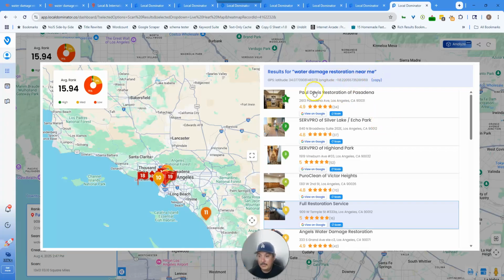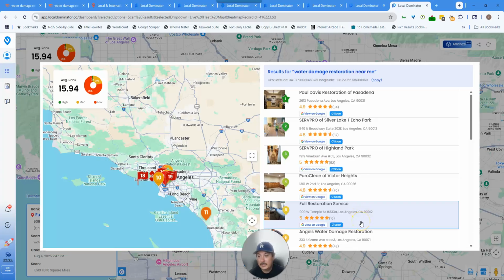So one thing that we can tell is we have Paul Davis Restoration of Pasadena. Okay, so restoration here, water damage restoration. So you don't necessarily need to have the keyword water damage restoration or water damage in the title of your GBP to rank here. But what do we see here, right? We see 34, 37, 52, 70, 16. So everybody ranking above him not necessarily has better overall ratings, but they have more reviews than this company does, right? So that's one thing that you'll notice here is they probably need to put a lot more effort into